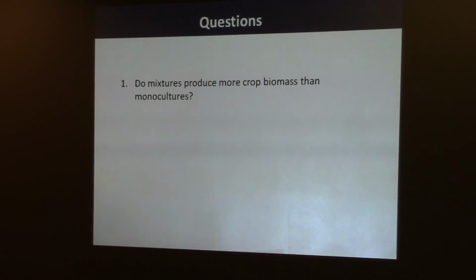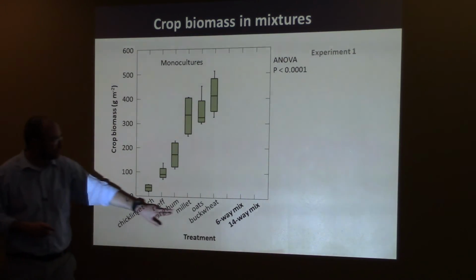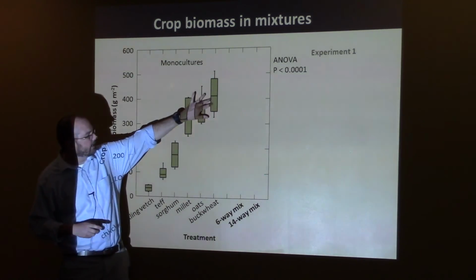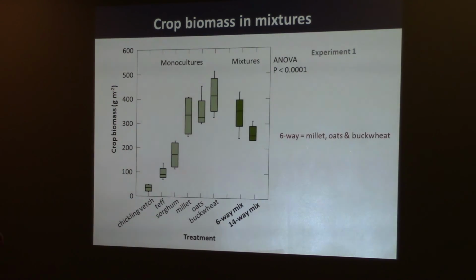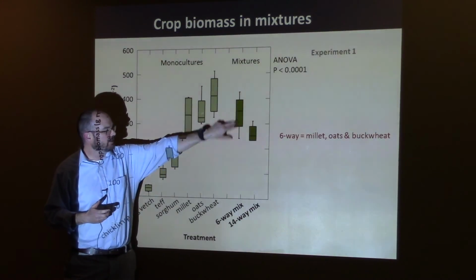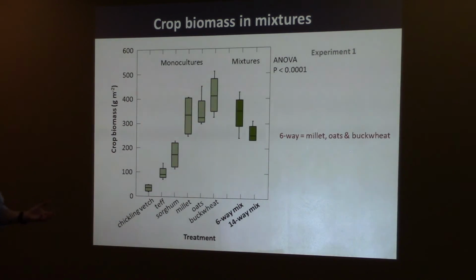All right, so on to answer each of these questions. Do mixtures produce more than monocultures? Here's the crop production, the biomass production for each of the monocultures. You can see that chickling vetch had the lowest, buckwheat had the highest, and we had some range there. And then our 2 mixtures fell out here. So not too bad in terms of production. The 6-way mixture actually was just as productive as our 3 most productive monocultures, but certainly not any more productive,